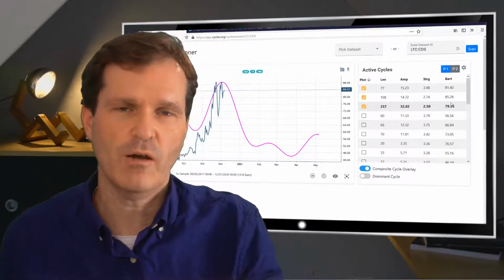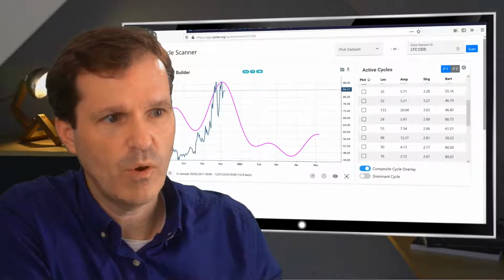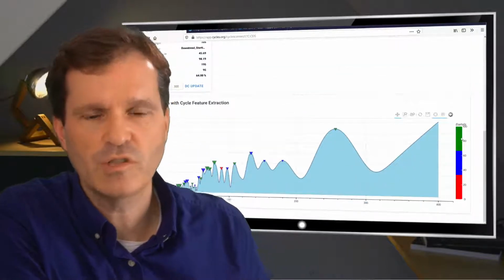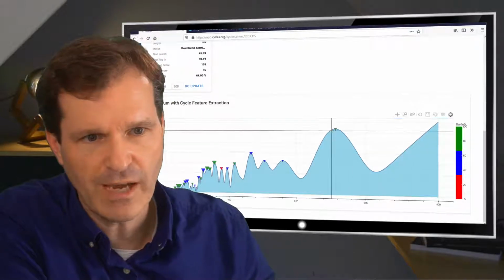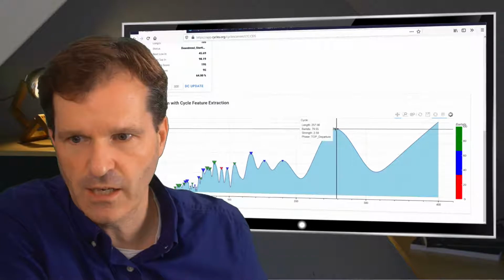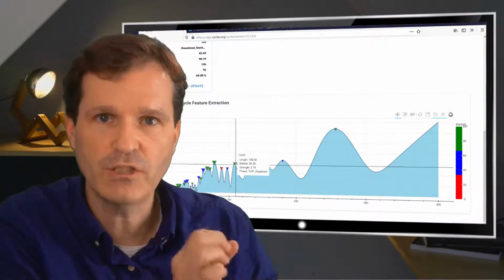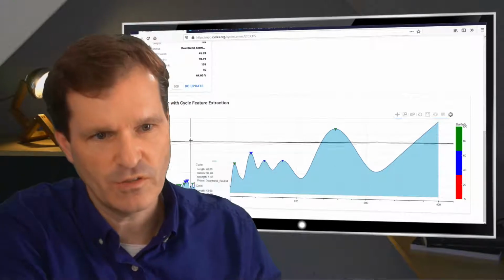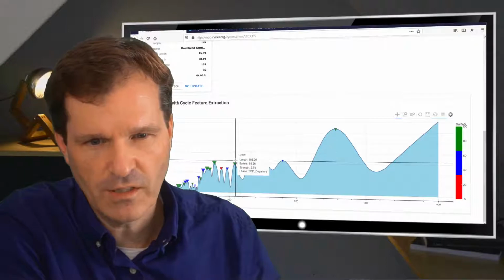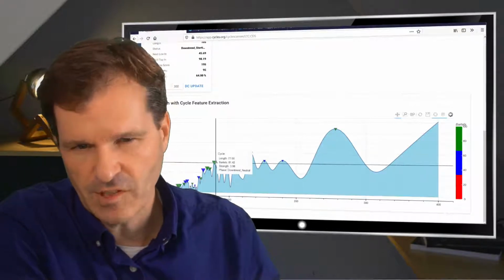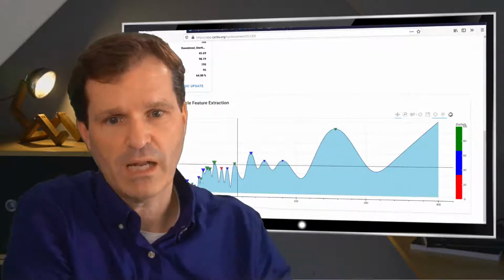Don't use cycles with a battle score lower than 60, or you just need to know what you're doing. The battle score is also seen here in this color indication. The color of the triangle shown on the chart indicates the battle score. So picking the green triangles is at least a good starting point. This is why I look at this one here, 257. I then use the 108 and the 77 cycle. So these are 3 triangles, knowing that's a good battle score.